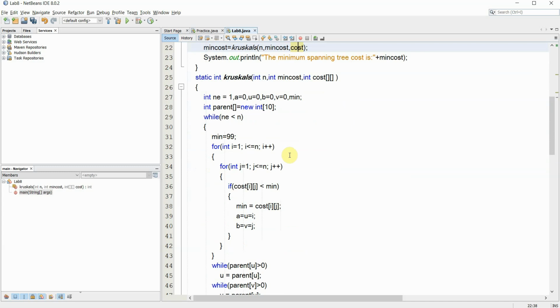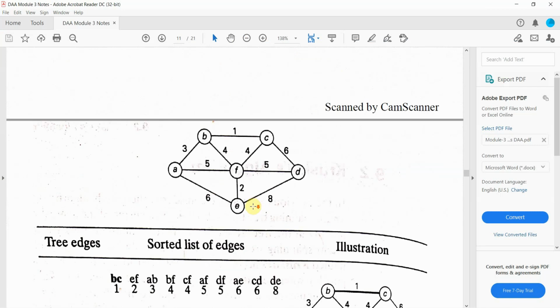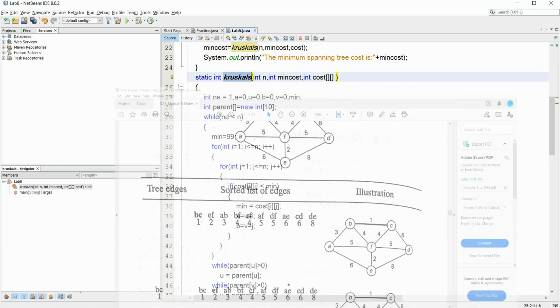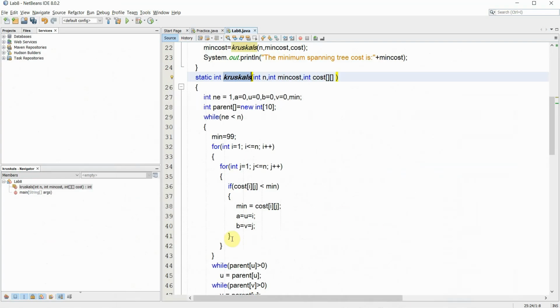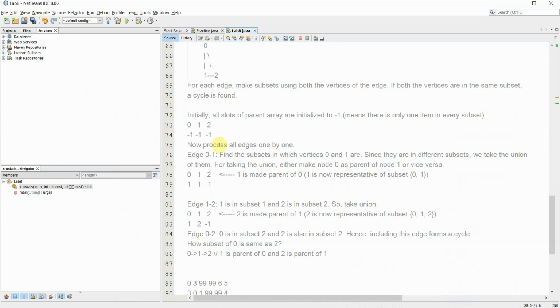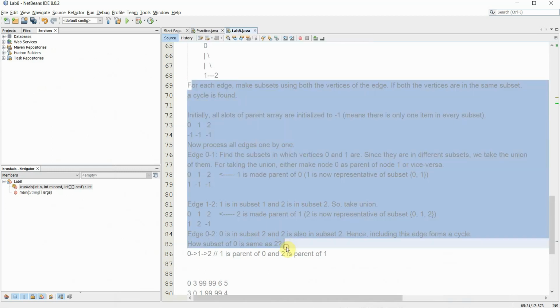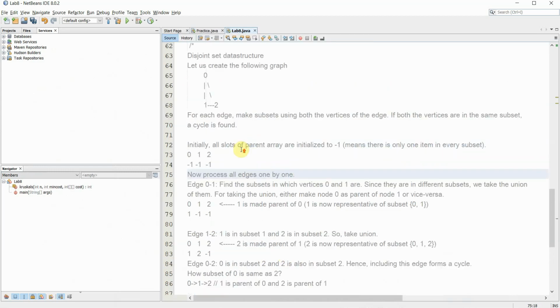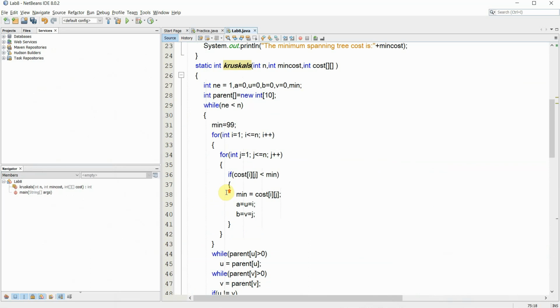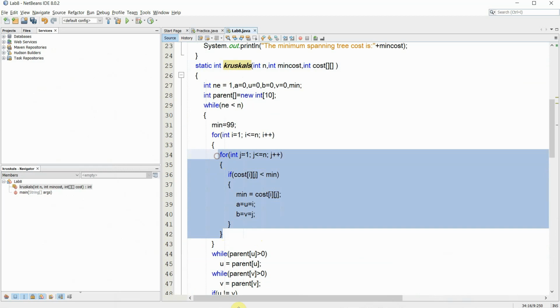Before going on to understand the Kruskal's method, first manually solve an example. After manually solving an example, understand how the union find algorithm works with some representative example, and then come to understanding the Kruskal's method, so that it is very easy to understand the main logic present in Kruskal's algorithm.